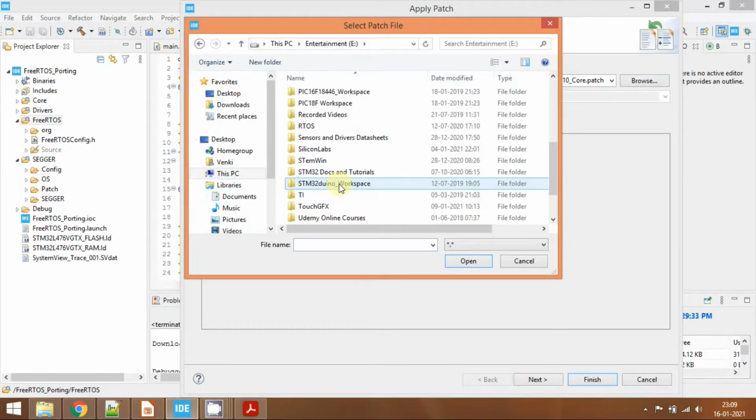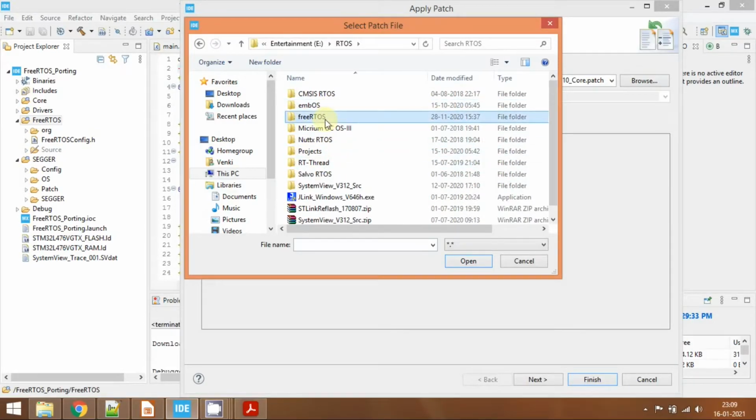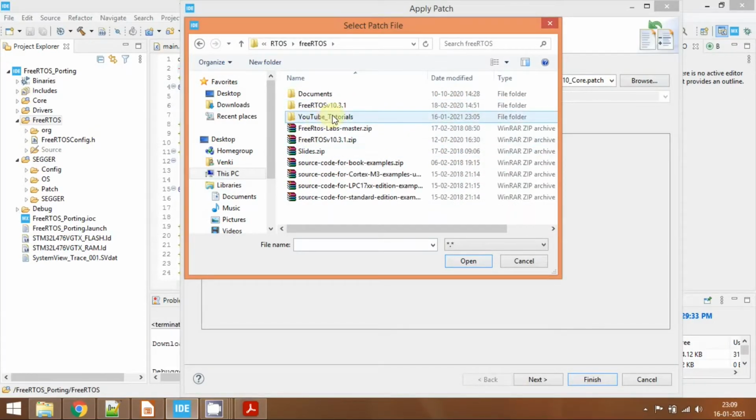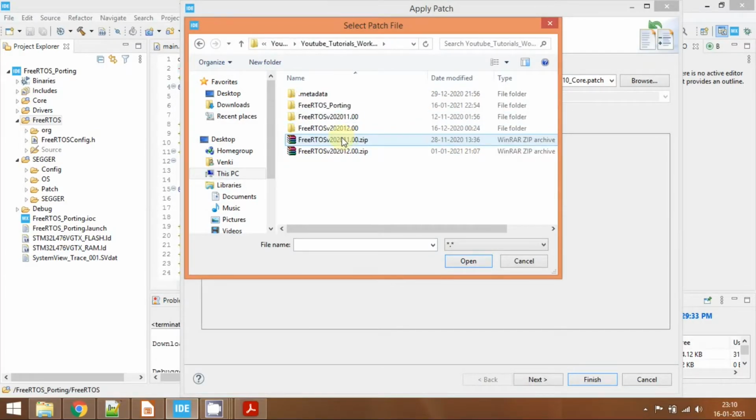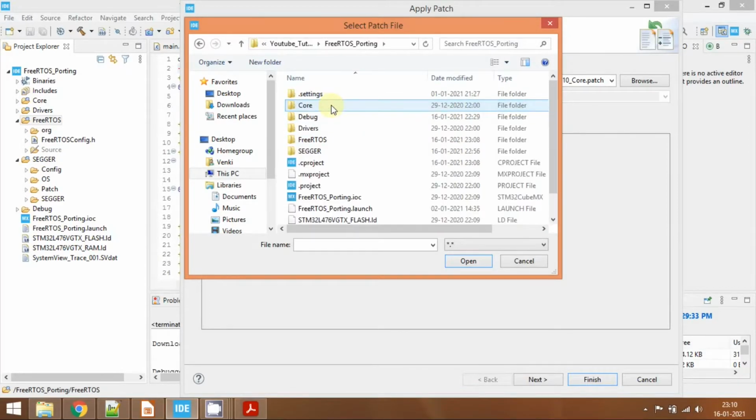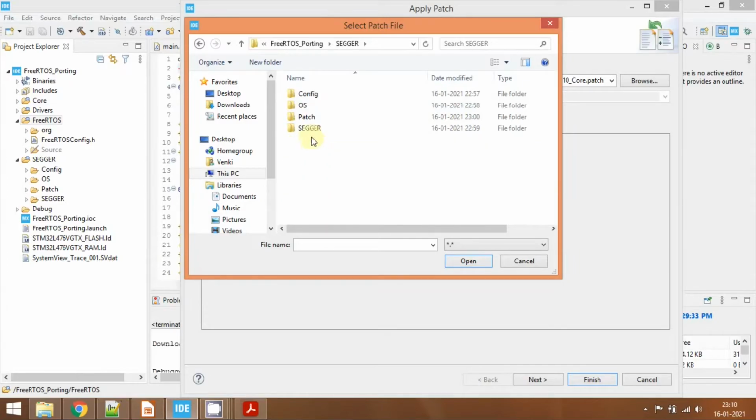I have saved my working directory in RTOS, FreeRTOS, YouTube tutorials workspace. This is our project folder, FreeRTOS_14. Go to Sager and go to patch, and this is the patch file.